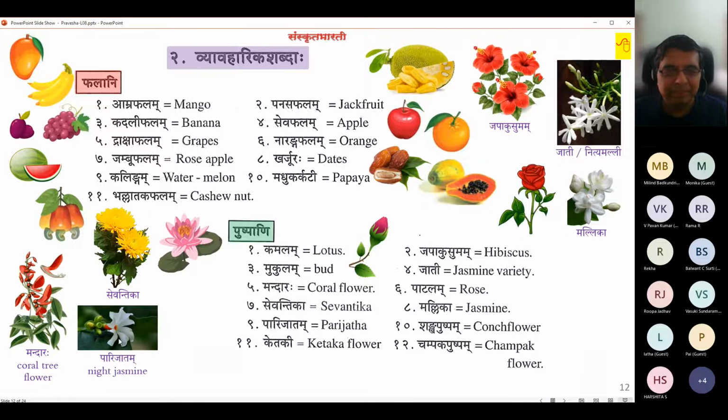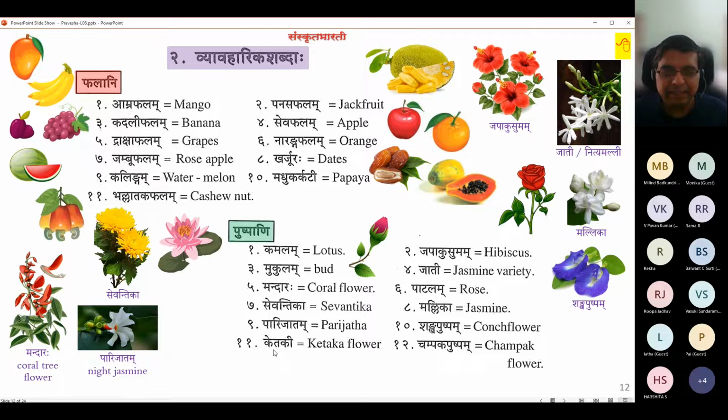Parijatam. So this is again a tree flower. Right now is the season. When this tree blooms and there is a wind, there is a carpet of parijatam below. A beautiful sight with its white petals and the orange stalk and center. Again, it smells beautiful in the night. Parijatam. Then Shankha Pushpam, conch flower. It's a small creeper to which this grows. It looks like a Shankha. You see this. Shankha Pushpam.